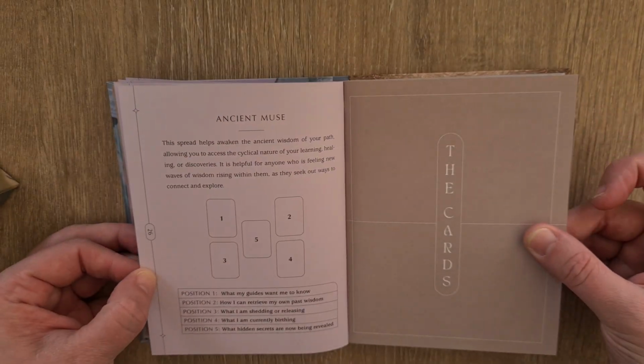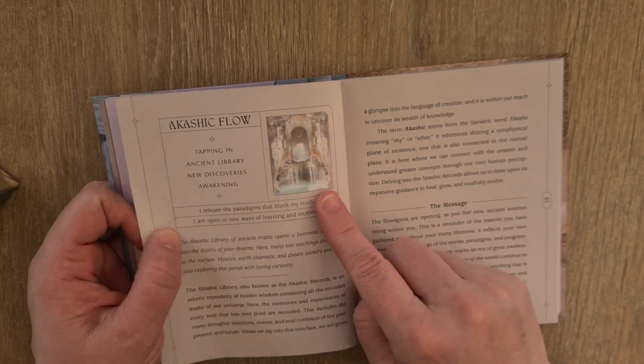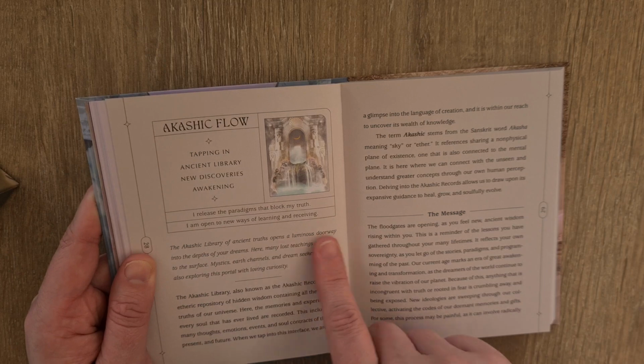And Ancient Muse. I love it. Let me move into the cards themselves. So we have a full colour image here, the keywords that were on the bottom of the card, and then